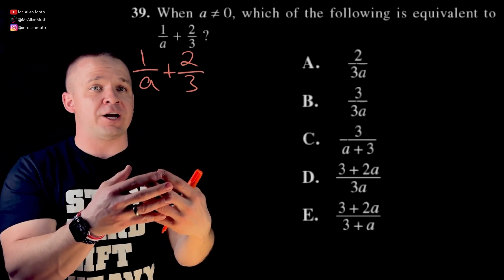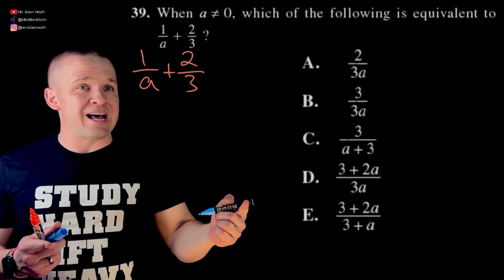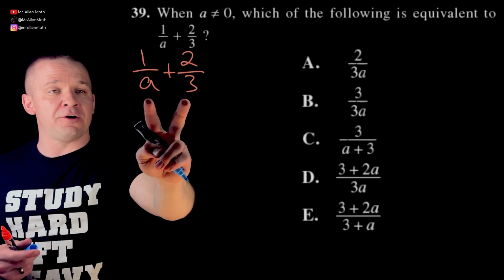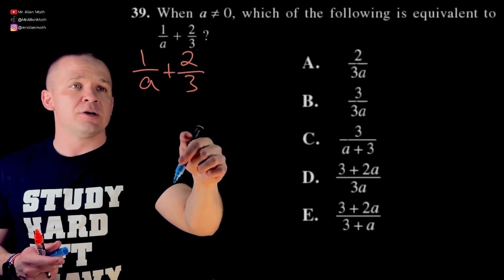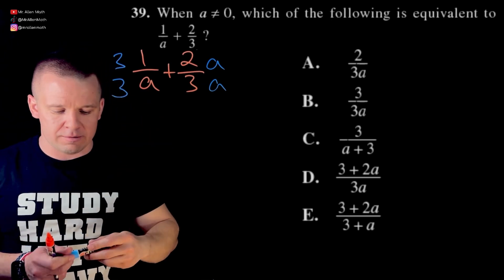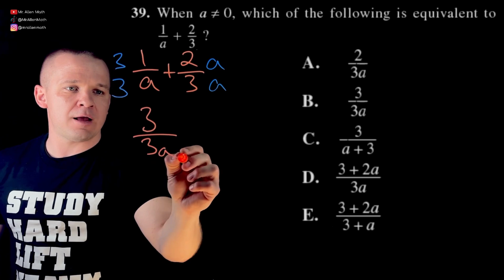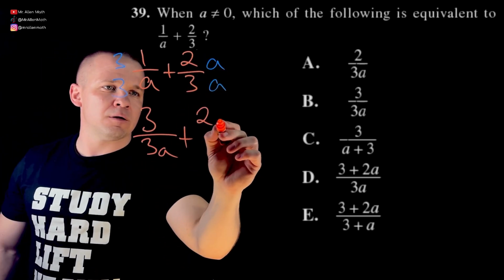which means I've got to get this into one fraction, which means I need a common denominator for this thing. So how do I get my denominators to be the same? Well, these are totally different from each other. They have no common factors, so I will just multiply by each other. A over a, 3 over 3, okay? So that means I'm going to have 3 times 1 is 3 over 3a, plus